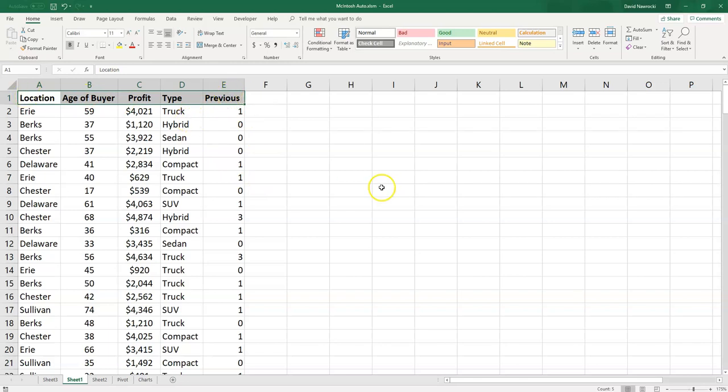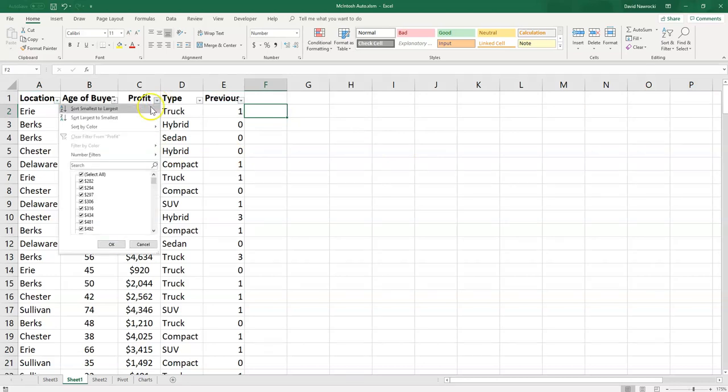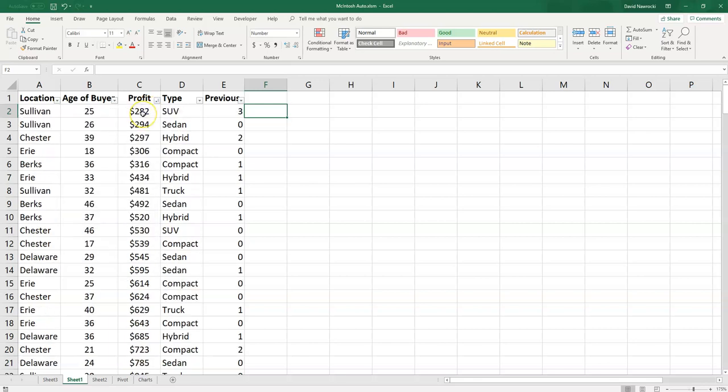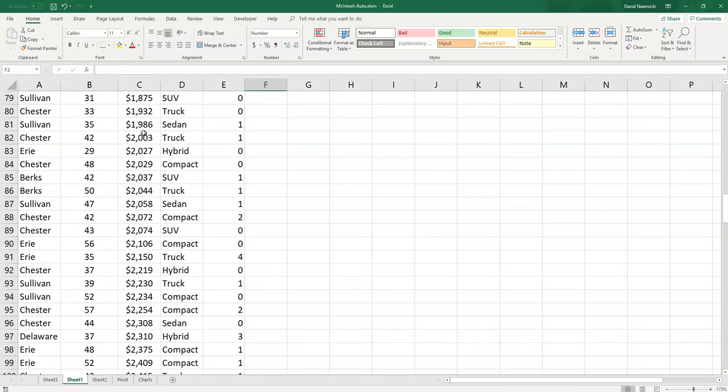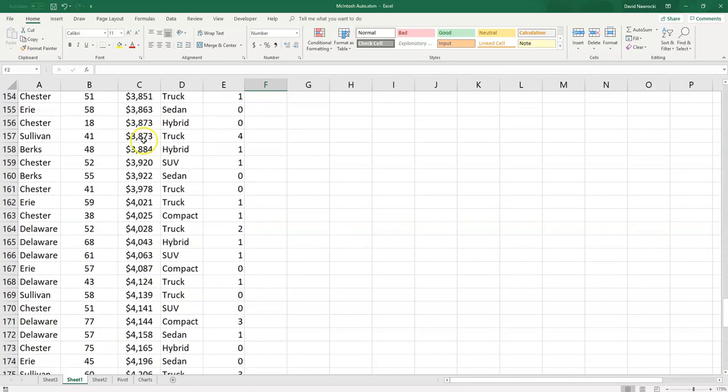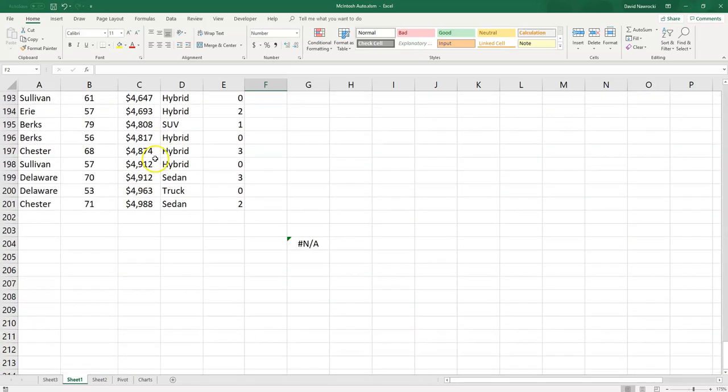So highlight those like we did before, and we'll put some filters in there. And then we'll sort along the profit column from low to high. Alright, so we see that our lowest profit was 282,